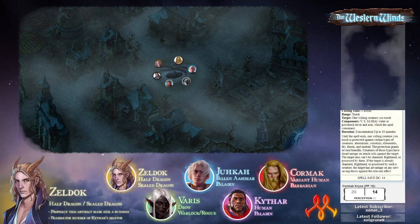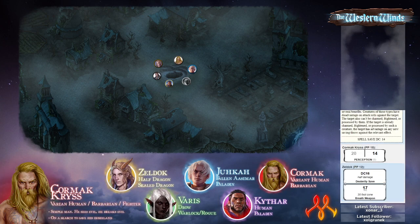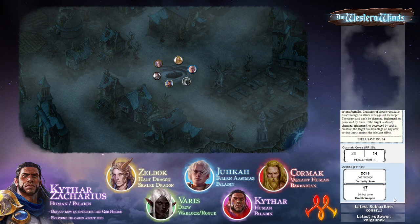So yeah, breath weapon is just a DC 16. Okay. It succeeds. So it takes half. So it takes 9, because you round up, right? It's 9 fire damage. If it's undead, it's radiant. It's not undead. Okay. I don't think I rolled the extra damage with the weapon strike either, but